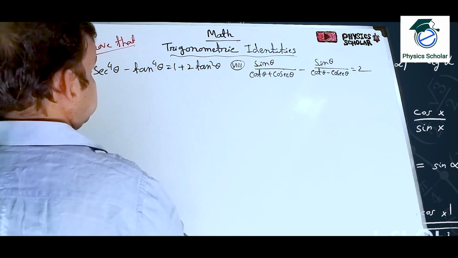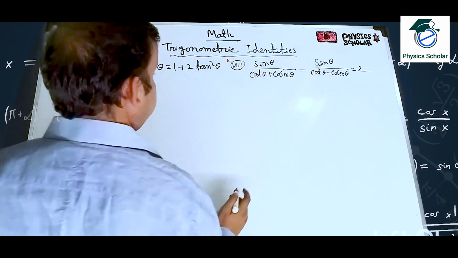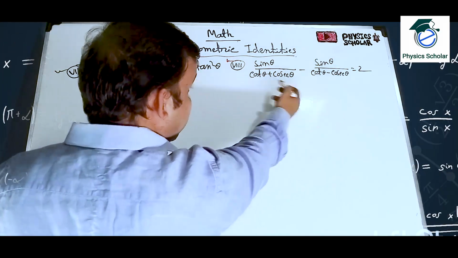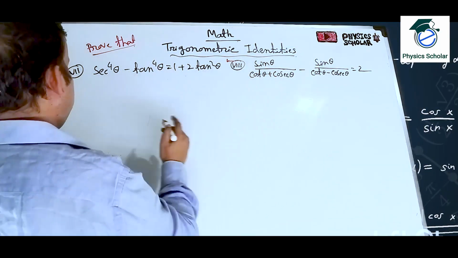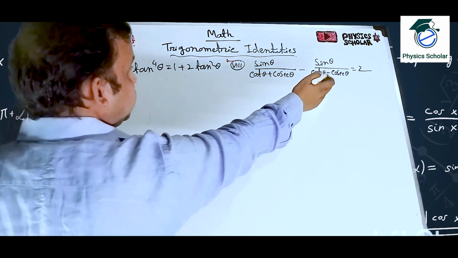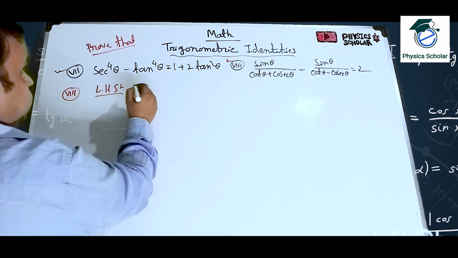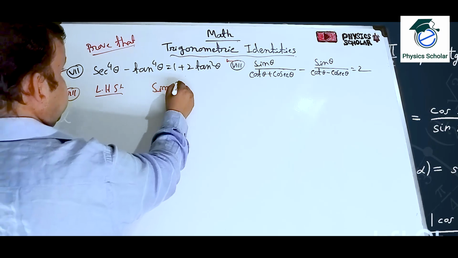Now sum number 8. Here we have to prove 2. So from 2 we cannot come. So from left hand side we have to prove the right hand side, because it is a constant value 2. So left hand side, what? Sin theta by